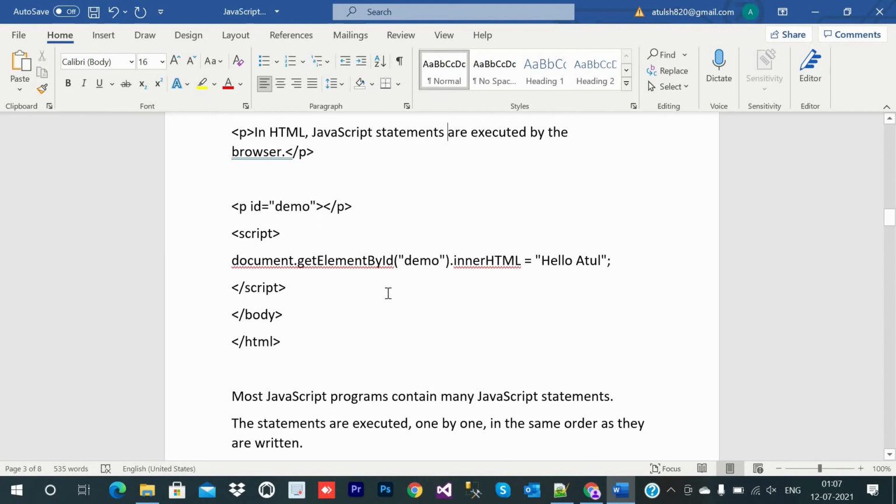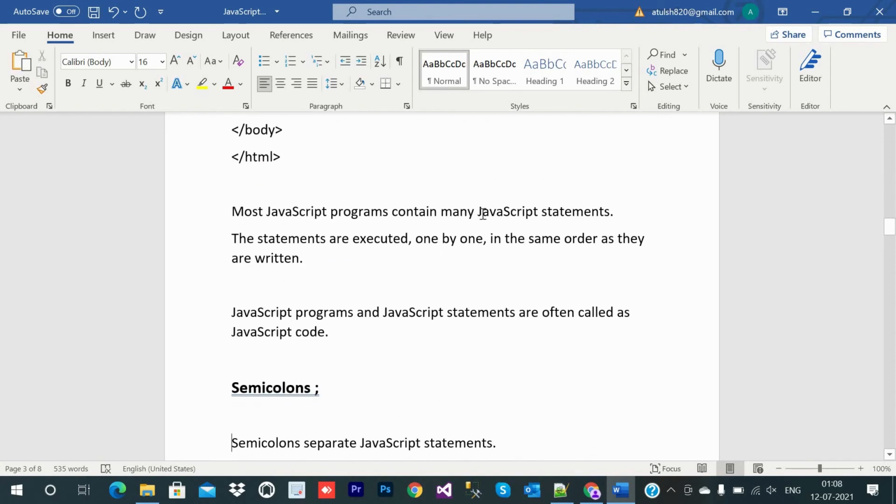So the browser executes that line and displays "hello Atul" inside the paragraph. Most JavaScript programs contain many JavaScript statements, and these statements are executed one by one. The first line will be run first, and then the second line will be run, in the same order as they